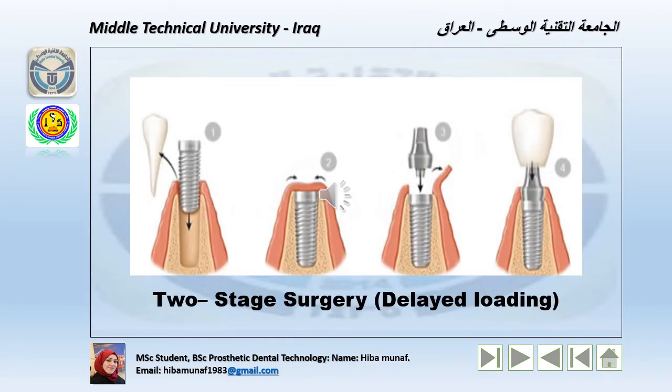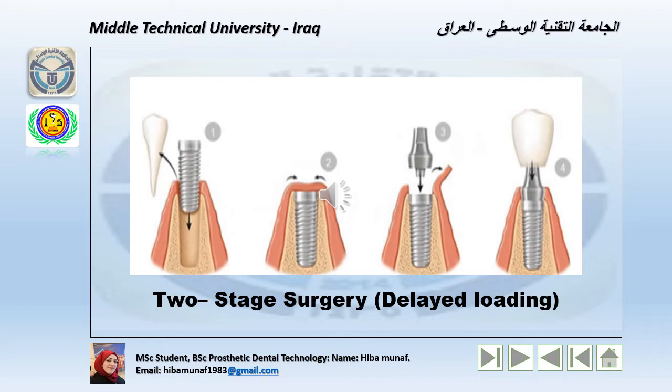Now this slide shows the two-stage surgery, also called delayed loading or submerged approach, in which the implant body is completely embedded in the bone, attached by the cover screw, and covered by the oral mucosa. After a 3 to 6 month healing period, in which the implant fuses to the bone to permit osseointegration to complete, there is another surgical procedure where the implant is exposed surgically and the healing abutment is attached, and the prosthetic phase of the treatment is completed. In this surgery,